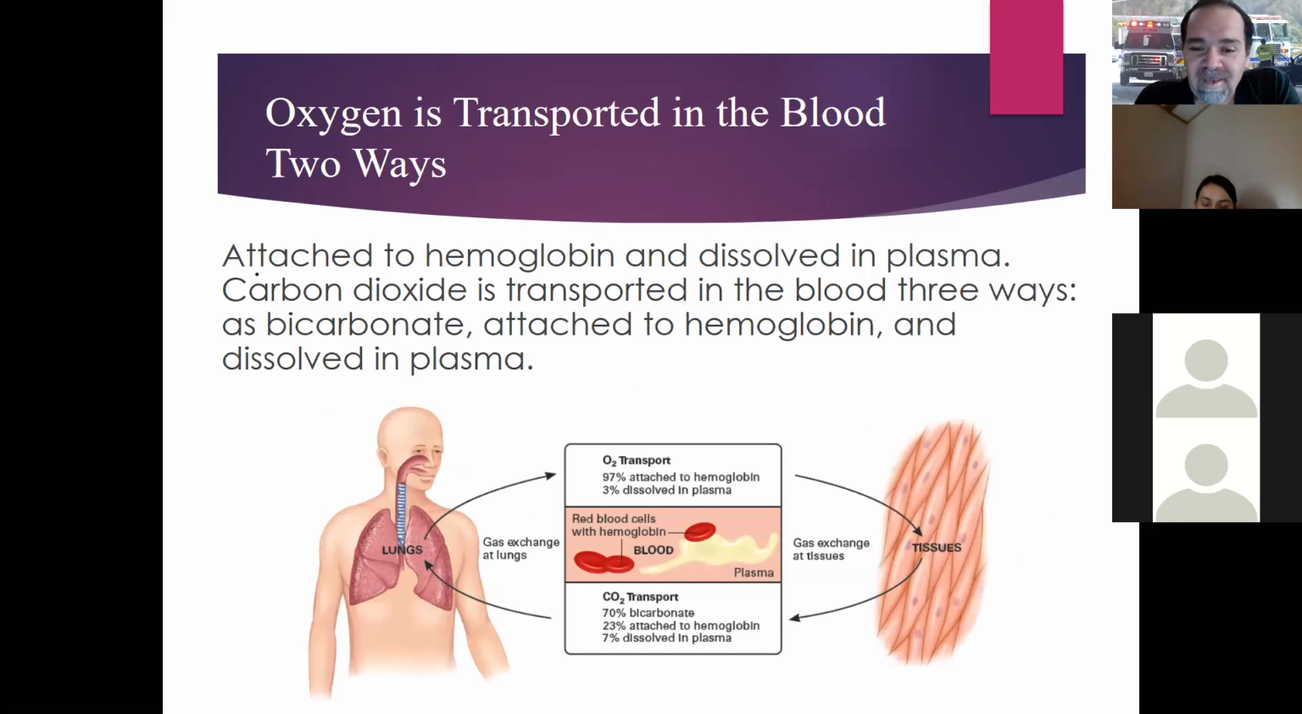And then we show again the same thing where we actually have interchange of oxygen and carbon dioxide. It's attached to hemoglobin and dissolved in plasma. Carbon dioxide is transported by the blood 3 different ways: by bicarbonate, attached to hemoglobin, and dissolved in plasma. And remember that we went over that little calculation, it wasn't a calculation, I'm sorry, it was a reaction,